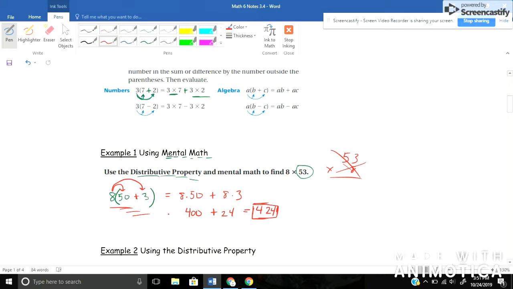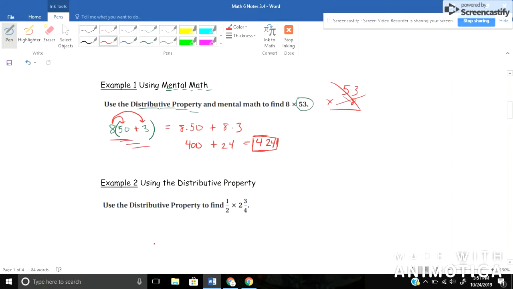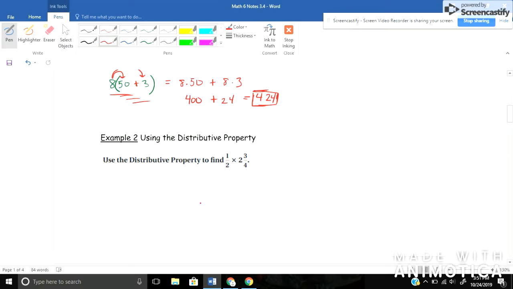Okay, let's see another example. It says use the distributive property to find a half times 2 3/4. Okay, again, if you were using just the conventional method, you would maybe go like 1/2 times, and then you would change this into an improper fraction. So 2 times 4 is 8, plus 3 is 11/4, and then multiply across, and so on and so forth. Again, we want to use this